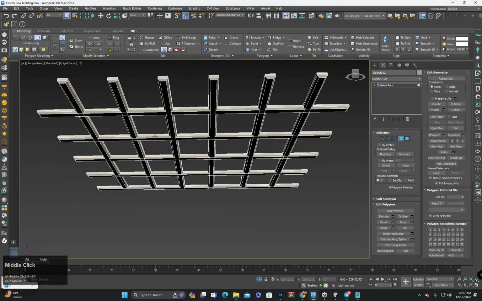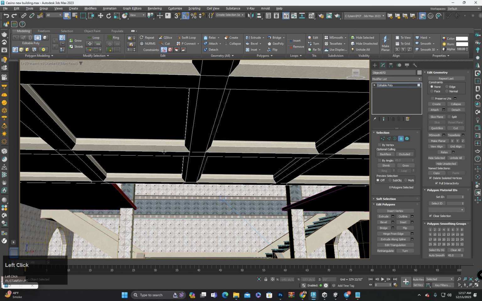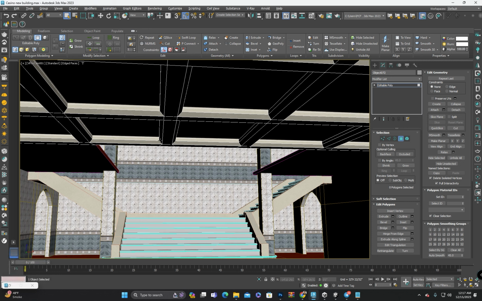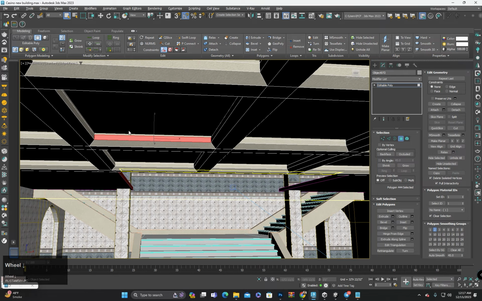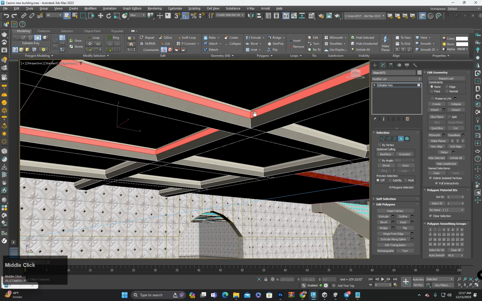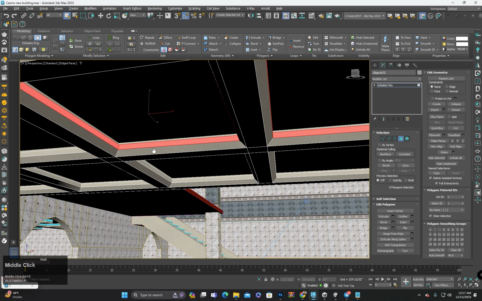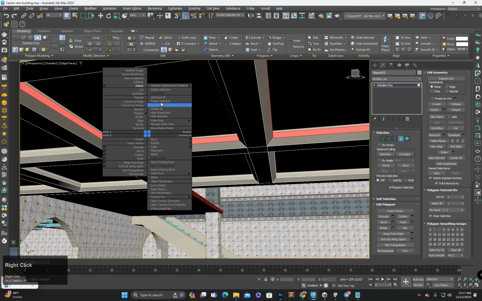You might be wondering what this is. So let me isolate, and you can see this is something like a roof ceiling, something I want to create in a low poly building, and I need light emission on these parts. I have to select all these parts in the ceiling, and I want to apply the light emission textures or material here. Let me isolate selection,